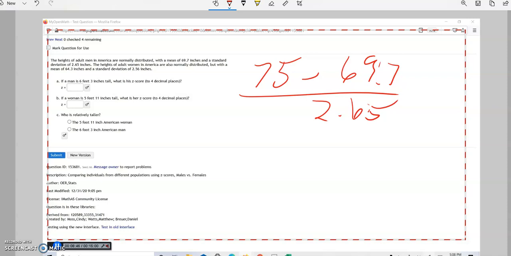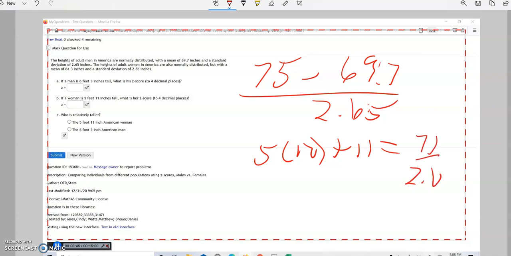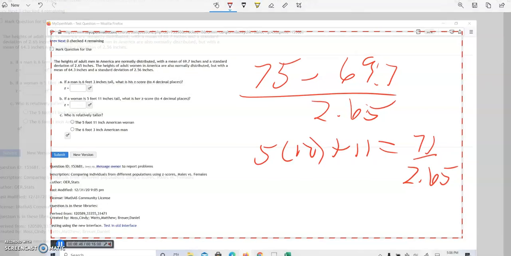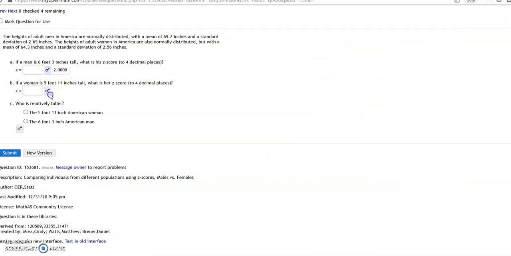So 5'11" is 5 times 12 plus 11, which is 71. Okay, so just convert them all to inches. And so now this one,